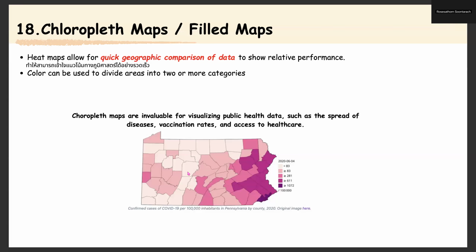Color maps and field maps. For example, in these types of tools, heat maps allow for quick geographic comparisons of data. This can show the relative performance, and color can be used to divide areas into two or more categories. For example, color maps can be used for public health data visualization, such as the spread of disease, vaccination